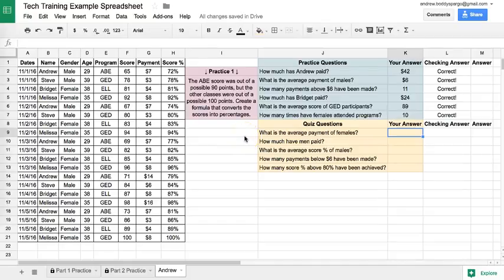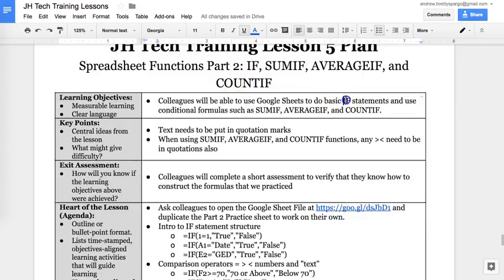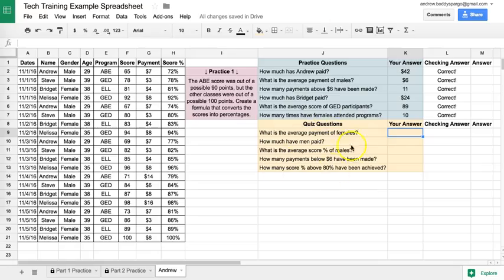To review, we learned the if function, the SUMIF function, the AverageIf function, and the COUNTIF function. And when you complete that short quiz, you will demonstrate that you have learned how to use and apply those functions. And if you have questions, you can rewatch this, or you can go to Google and search for how to use those functions. And in fact, let me just show you a quick tool and a quick